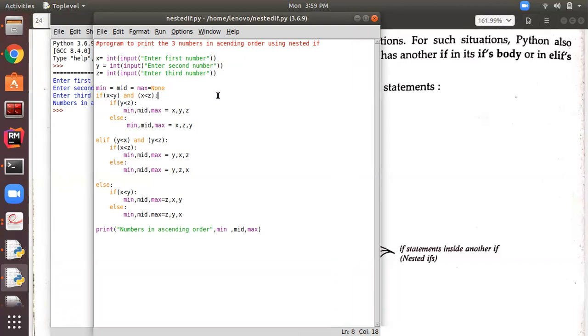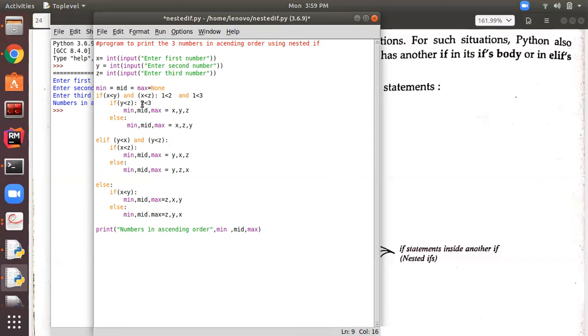Okay, so here we are comparing x with 2 and x with 3, right? So we are executing the loop. In both cases, 1 is less than 2 and 3. Now we are comparing whether 2 is less than 3, that is, y is less than z here. So 2 is less than 3.